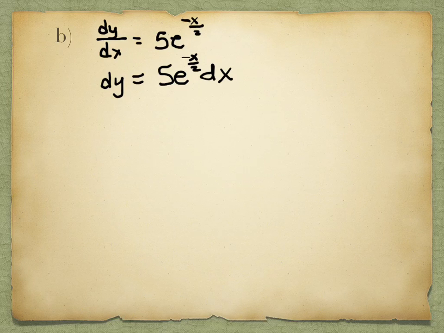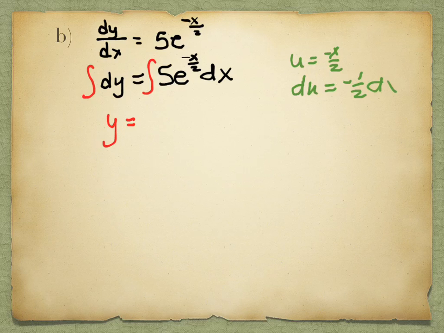What's my step after that? We're going to put that integral sign to integrate. The left-hand side is going to become y. The right-hand side, what are we going to do with it? We use substitution. What's u going to be, Chelsea? Right. And what will du then be? Negative 1/2 dx. Very good. Now I don't have a negative 1/2 in my problem, so I'm going to multiply that to the other side. That's going to be a negative 2. That's now going to be my problem, right? So over here I've got negative 2, well, times the 5. So can I make it negative 10? Is everybody good with that? All right. And then I have e to the